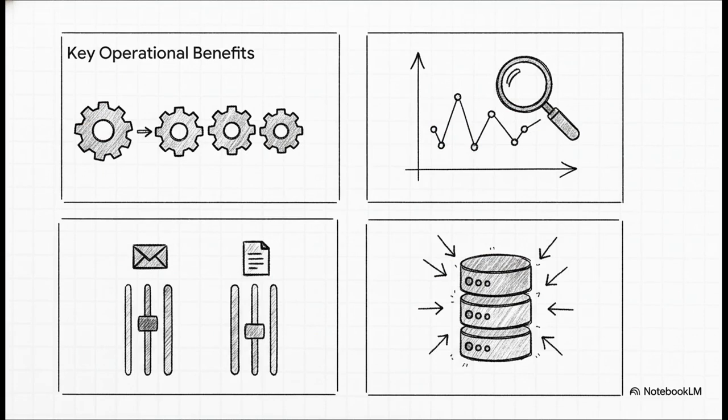And the operational wins just keep stacking up. Need to handle more traffic? No problem. Just scale your worker pools for each service independently. Want to monitor performance? Well, each component is a clear boundary for metrics and logging. You can fine-tune the resources for email processing without ever touching the report generation service. And under heavy load, the system doesn't just fall over, it degrades gracefully. It becomes predictable and manageable.